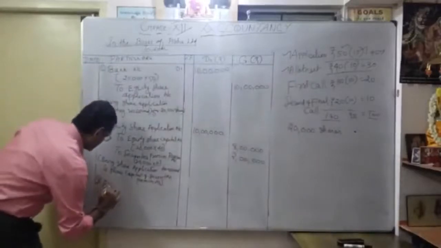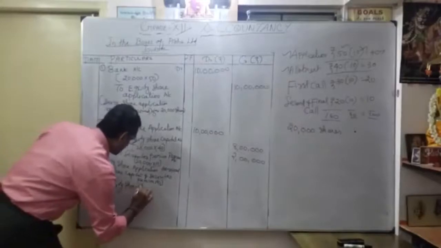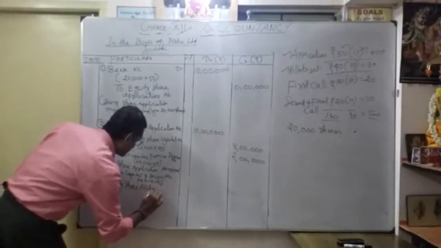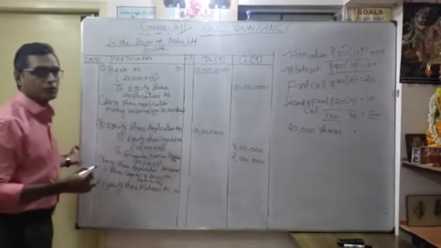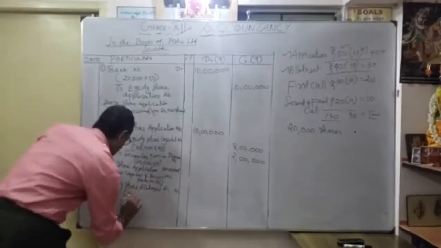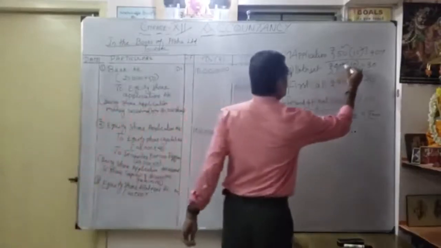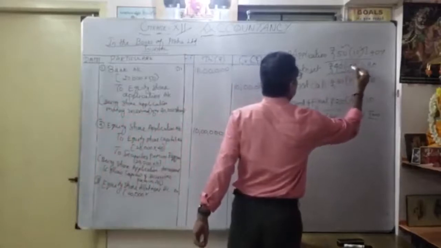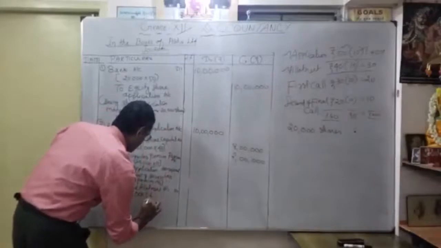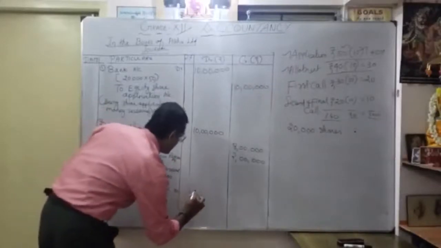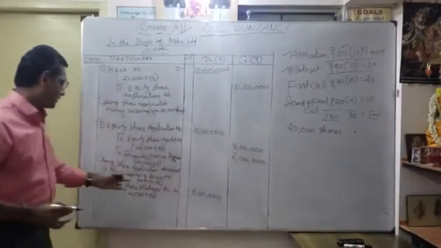See, equity share allotment account, debtor. So we want to know the value now. In the bracket, how much? 20,000 into, what is the value? Here, 40 rupees, correct? Total value is 40, correct? So 40. So what is the debit? My debit is 8 lakhs.